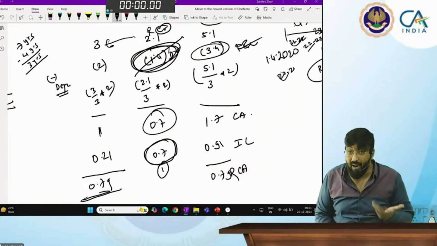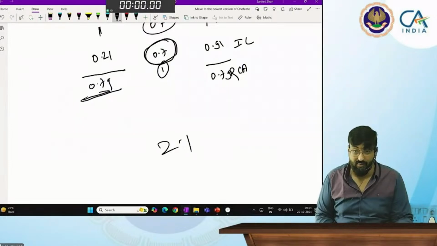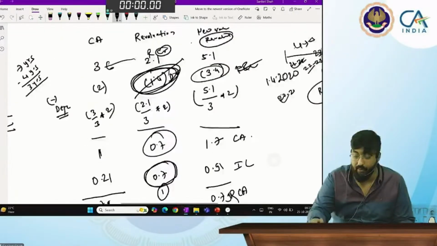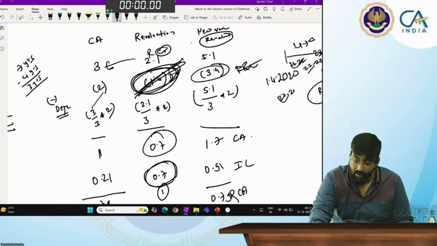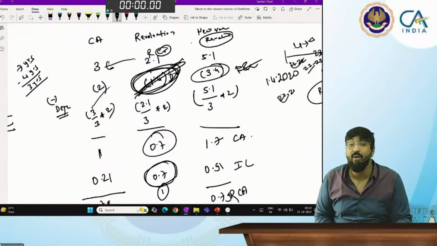But it might happen that your revaluation is showing 2.1 if you debited the P&L account instead of debiting revaluation. Where did you debit the 1.4? P&L. Instead of debiting revaluation, debiting P&L